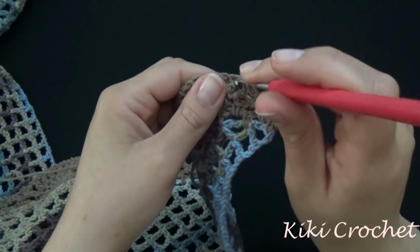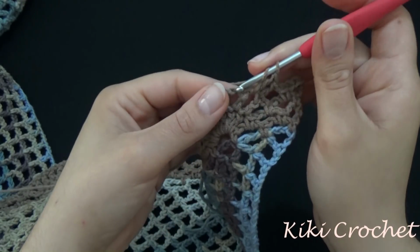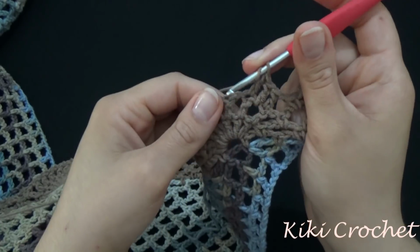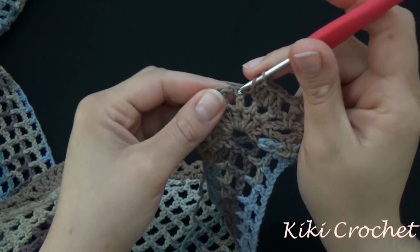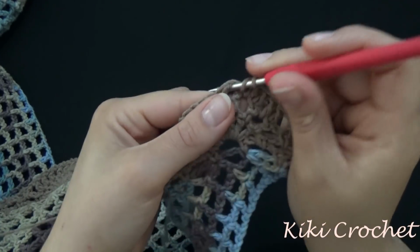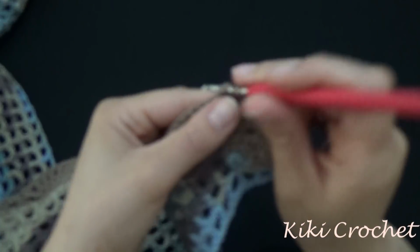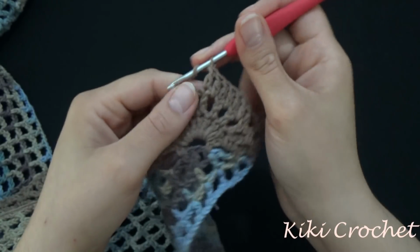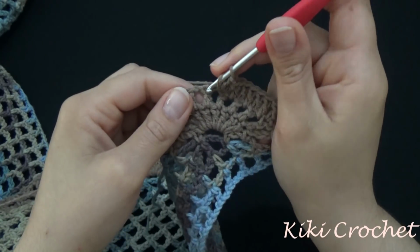1 double crochet in the chain 1 space, 2 on top of the double crochet, 3 on the chain 1 space, 4 on the double crochet, 5 on the chain 1 space, 6 on the double crochet, 7 on the chain 1 space, 8 on the double crochet,